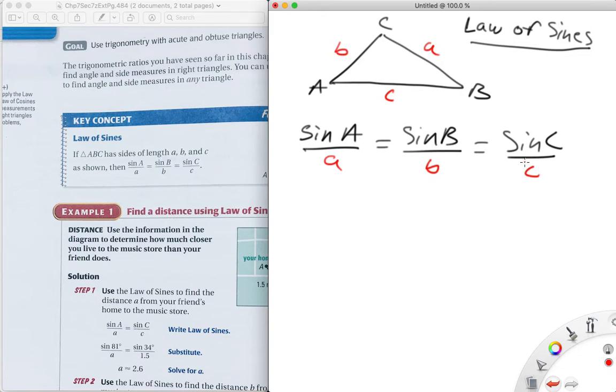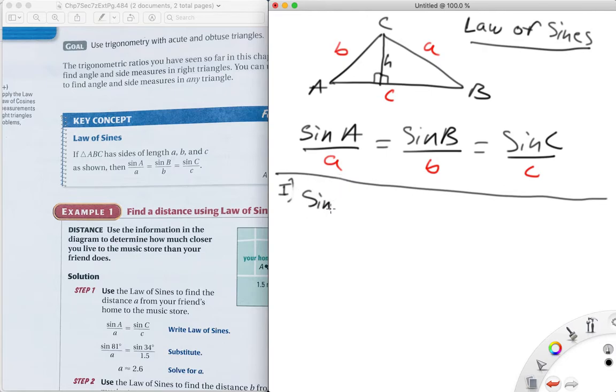Now, there is a proof for this. If I was to actually draw an altitude straight down and call this H, I have a right triangle here and a right triangle here. I can say, okay, step one, sine of A